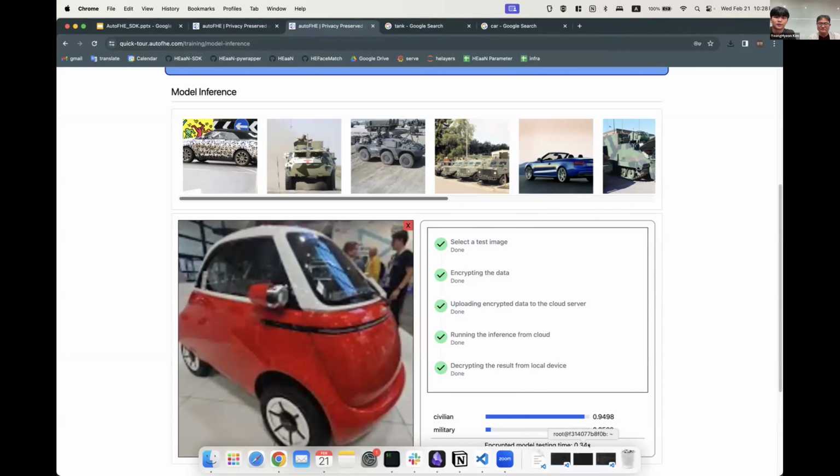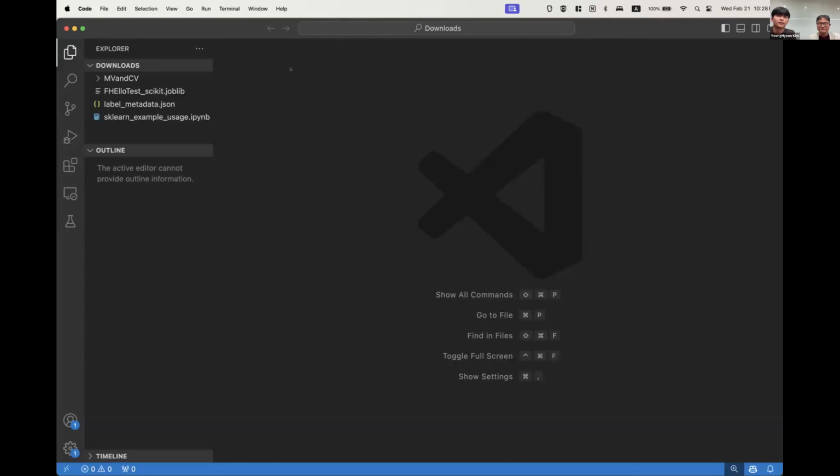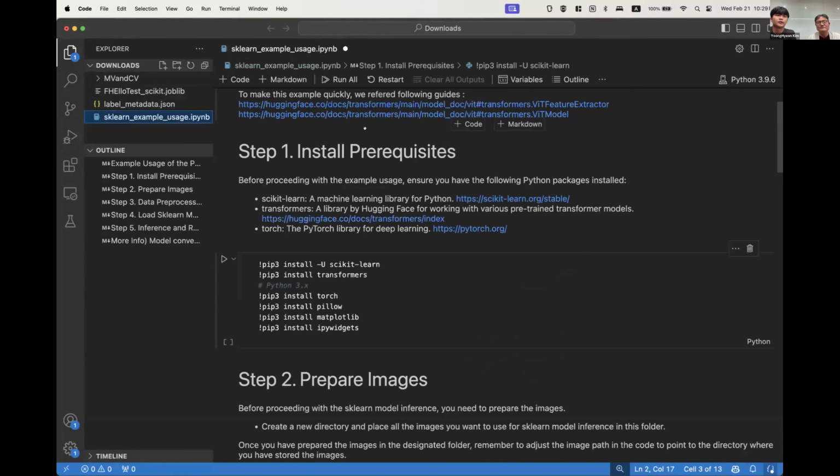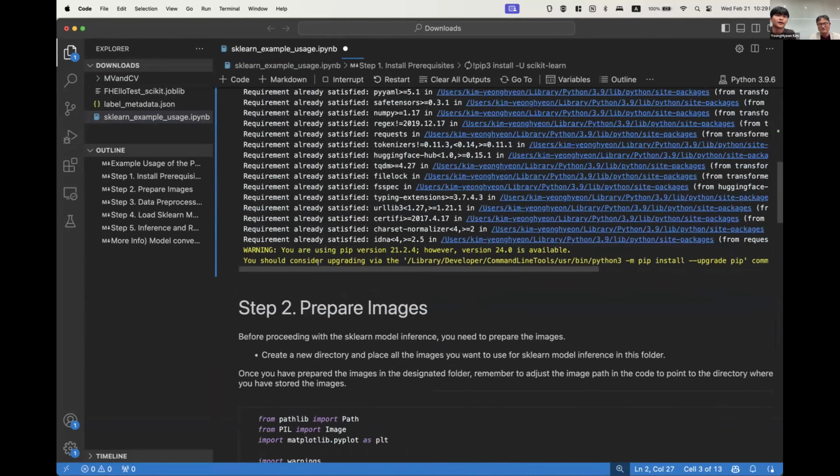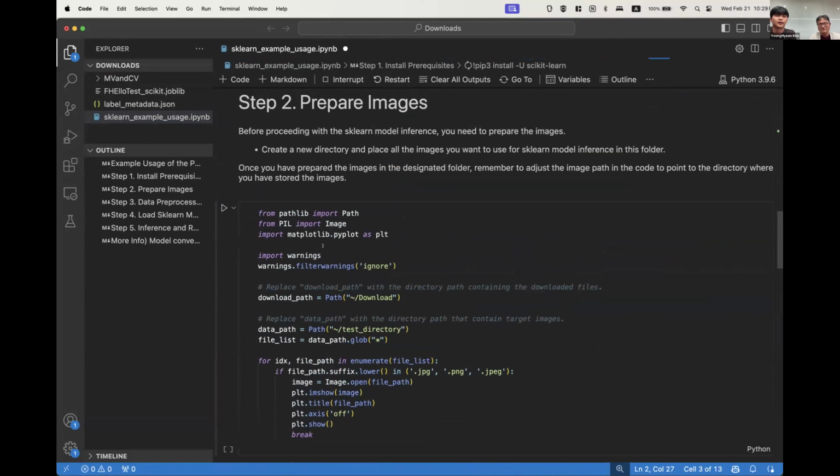Now let's go through the Jupyter file together. Since all the detailed instructions are already written in the file, I'll be brief with my explanation. Step 1, first download the required packages and modify the path. And step 2, you should modify the path where the model was downloaded, the current directory.